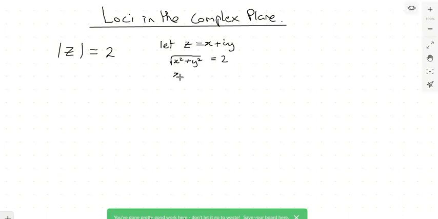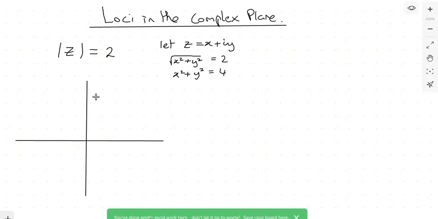Or indeed, let's take the square root over to the other side, that x squared plus y squared is 4. Now bear in mind here that x and y in your z equals x plus iy are just like coordinates in the complex plane. So if the question was to sketch the modulus of z equals 2 on the complex plane, I don't think they put it quite like that. Let's just have a quick look how they put it in the exercise. I think they say sketch the locus